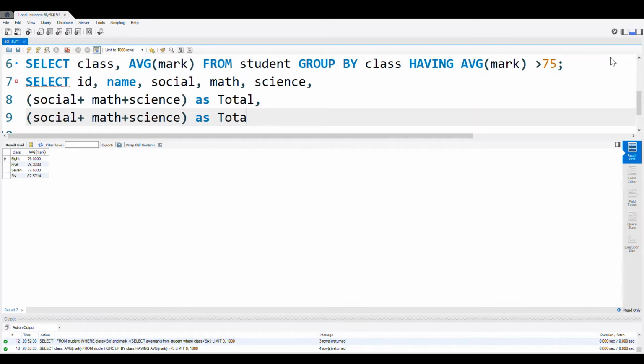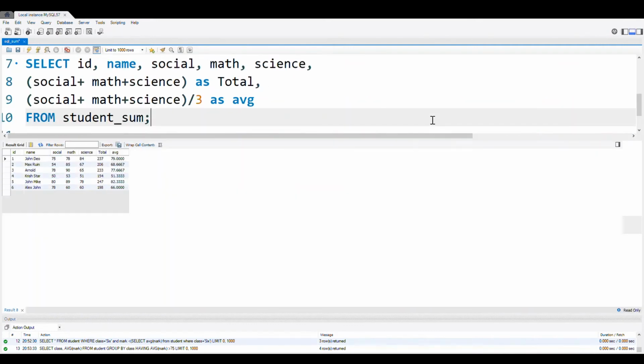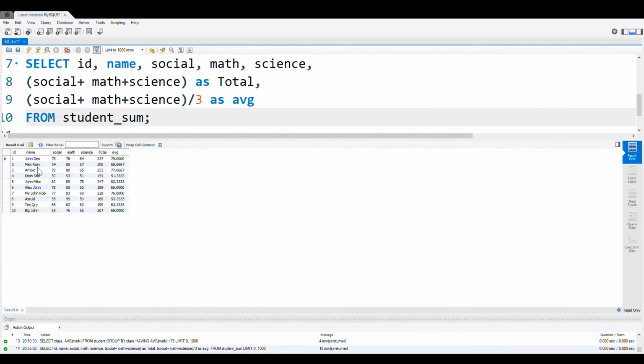Now what I am doing is dividing it by 3 as average. Now next line from is a different table, student sum. You will get the SQL dump of it in the URL in the description. Let us execute this. Yes, so you got the name and these three subjects, total mark and the average. The average of these three subject marks are listed here.